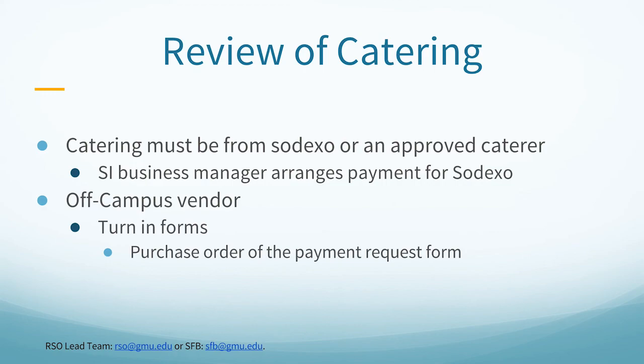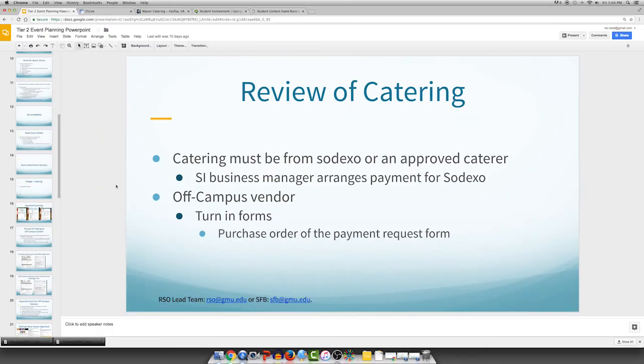Remember that the most important part of this process for an off-campus vendor is the receipt is returned in after the event. All off-campus catering is tax exempt, so you must be ready to give the caterer the Mason tax exempt number for catering. If the receipt is not turned in, the vendor will not receive payment. This receipt must be the original itemized receipt, as a credit card signature slip is not acceptable. Whether you are paying via a purchase order or reimbursement, the original itemized receipt must always be turned in immediately after the event. The longer you wait